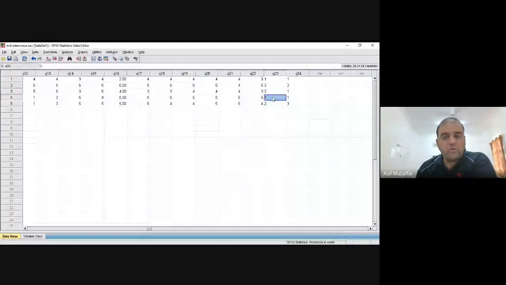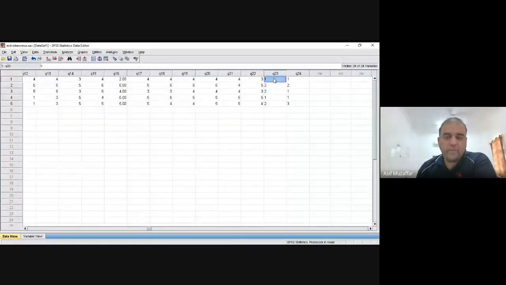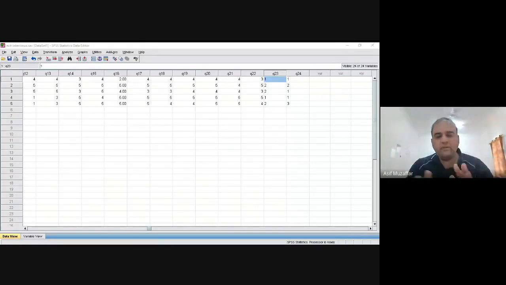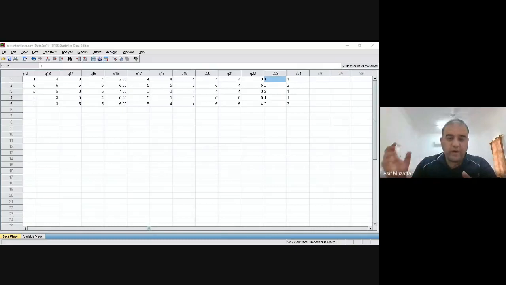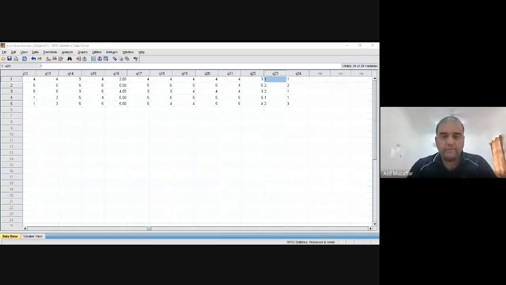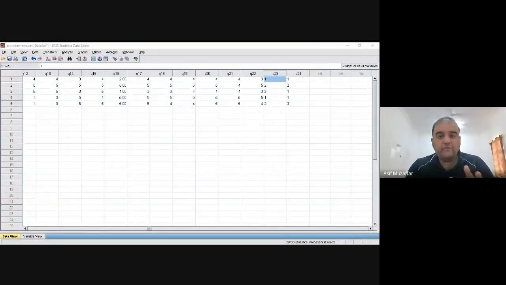You need to change your data into numbers for doing quantitative analysis. When you change it into numbers, what does it mean? If you have questions like male, female, change it into numbers, but provide the label or value for it. If you have a question like, what is your education? Where do you live?